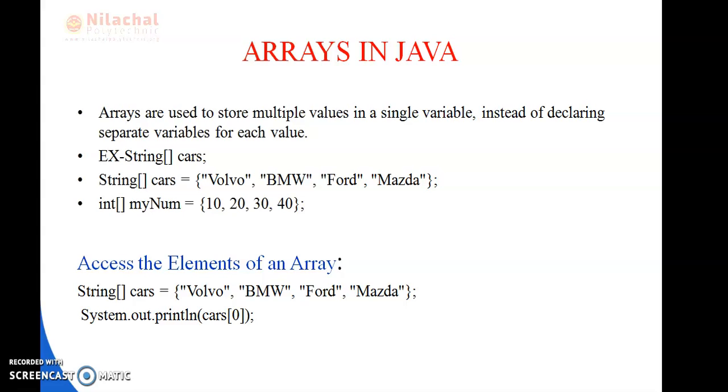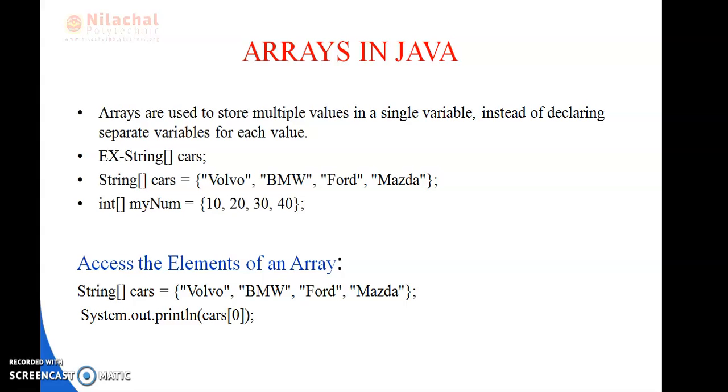What is a Java array? A Java array is an object which contains elements of a similar data type. The elements of an array are stored in a contiguous memory location. It is a data structure where we store similar elements. We can store only a fixed set of elements in a Java array. Java arrays are index based. Always remember that elements are stored at index numbers. The first element of the array is stored at the 0th index, the second element at the first index, and so on.